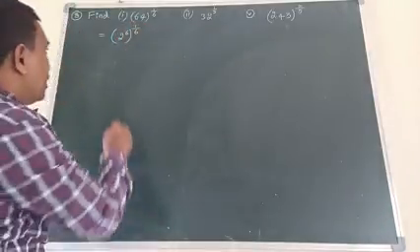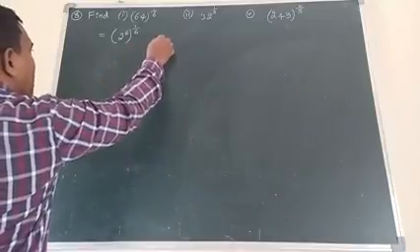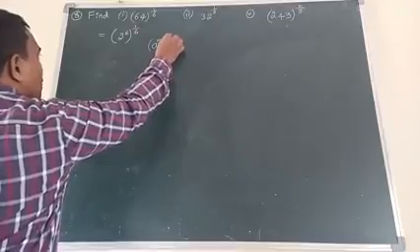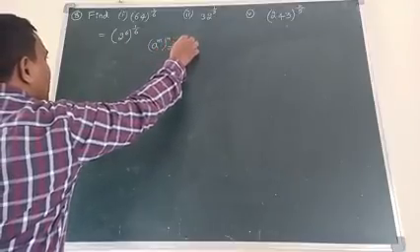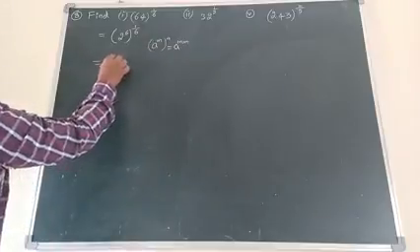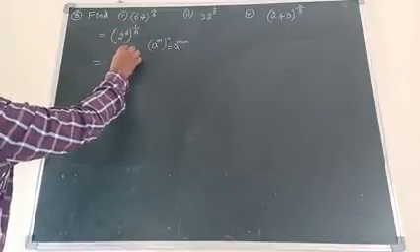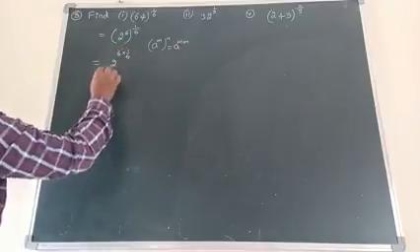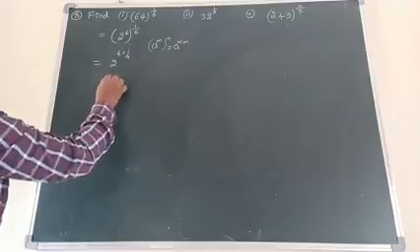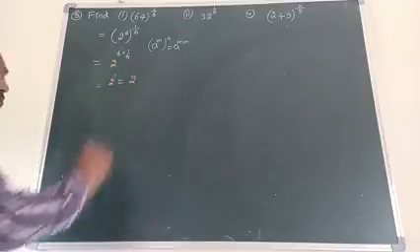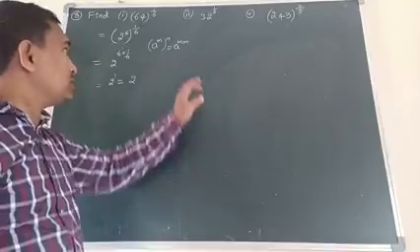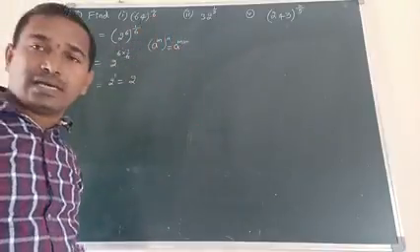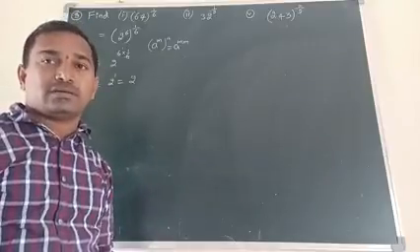Okay. Now using the exponent properties: what are the exponent properties? a power m whole to the power n equals a power m into n. So here 2 power 6 into 1 by 6. 6 ones are 6, 6 ones are 6. What is the exponent? 1. 2 power 1, that is 2. So here you have to see this is the 6th root. 6th root means you have to write 64 as some number power 6.